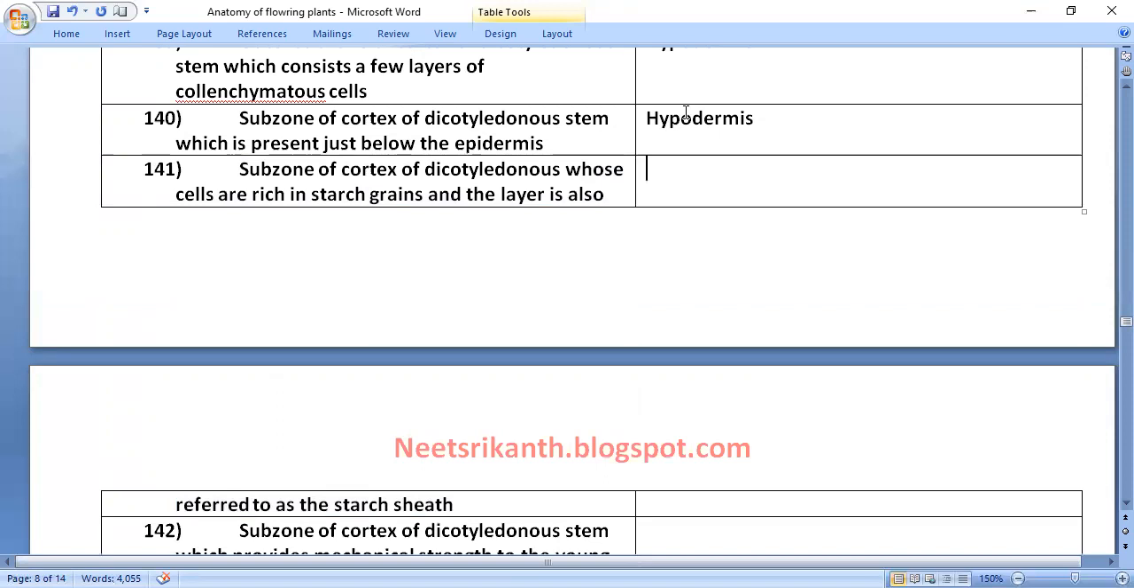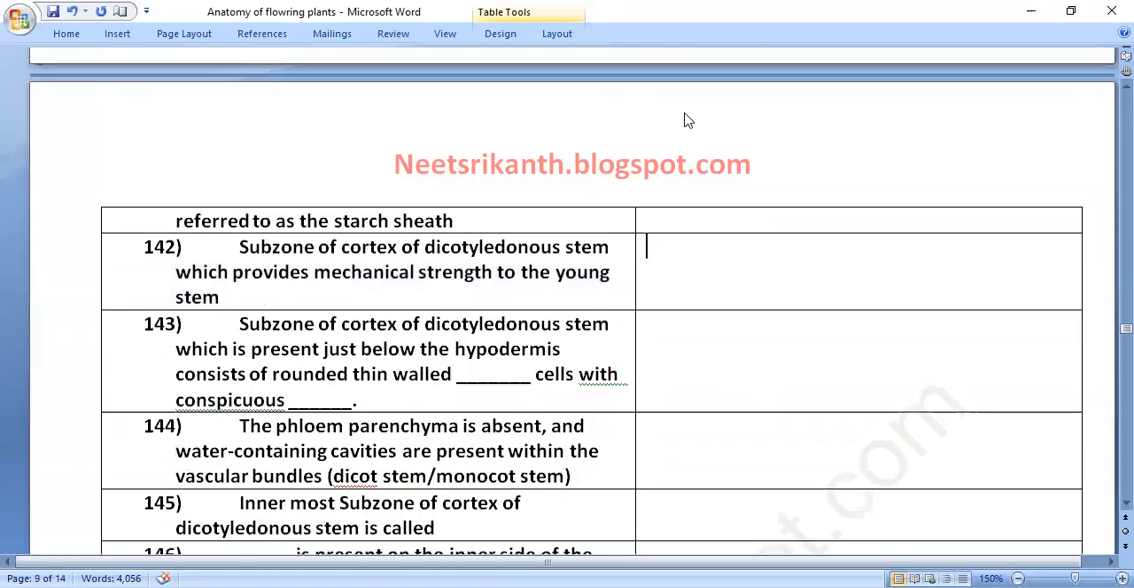Subzone of cortex of dicotyledonous stem whose cells are rich in starch grains, and the layer is also referred to as the starch sheath: endodermis. Subzone of cortex which provides mechanical strength to the young stem: hypodermis. Subzone of cortex present just below the hypodermis, consists of rounded, thin-walled